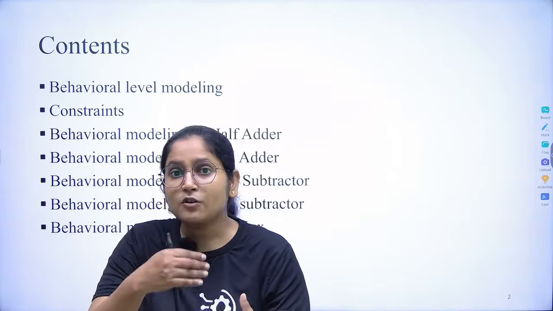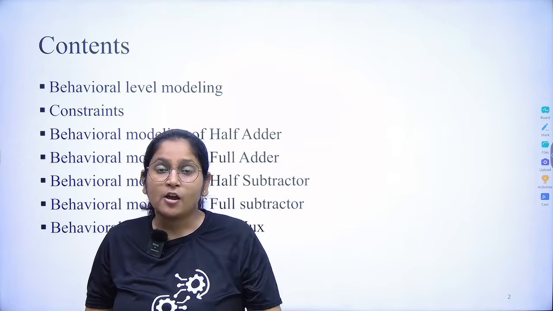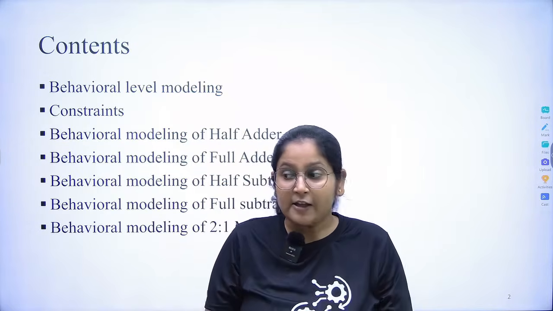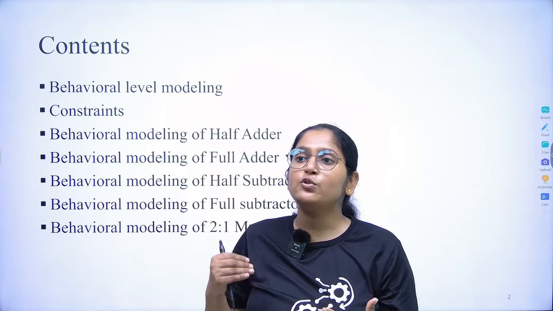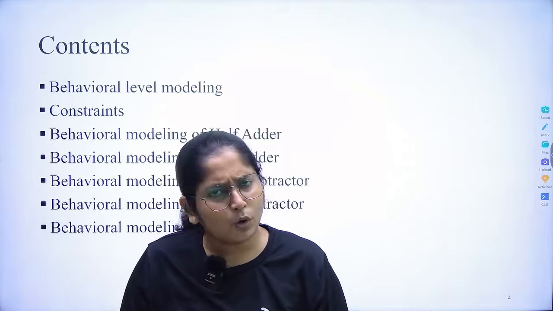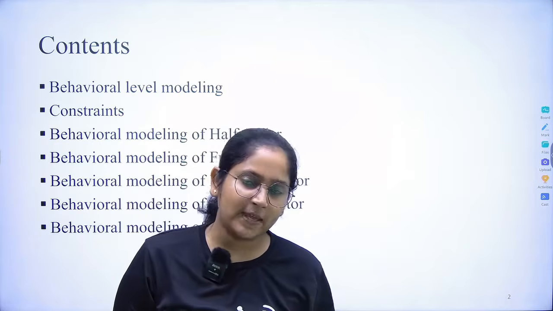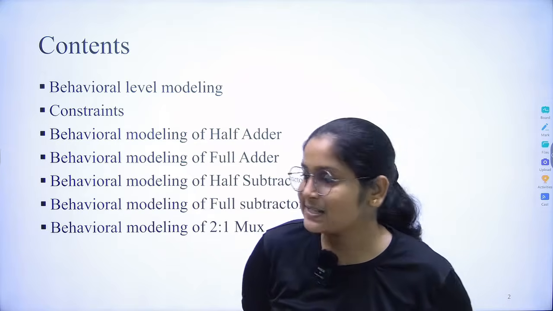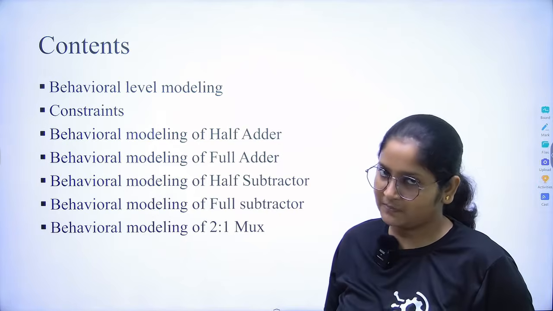Behavior means we are not concerned about what type of structure we are using. What we are concerned about is what kind of behavior it has, what kind of output our device wants from us, how we have to train our hardware. No matter what kind of structure we are following, the output has to follow. So this was all about behavioral level of modeling. Here you are seeing the contents we'll be discussing, and after that, I'll take some examples in behavioral level of modeling as well.